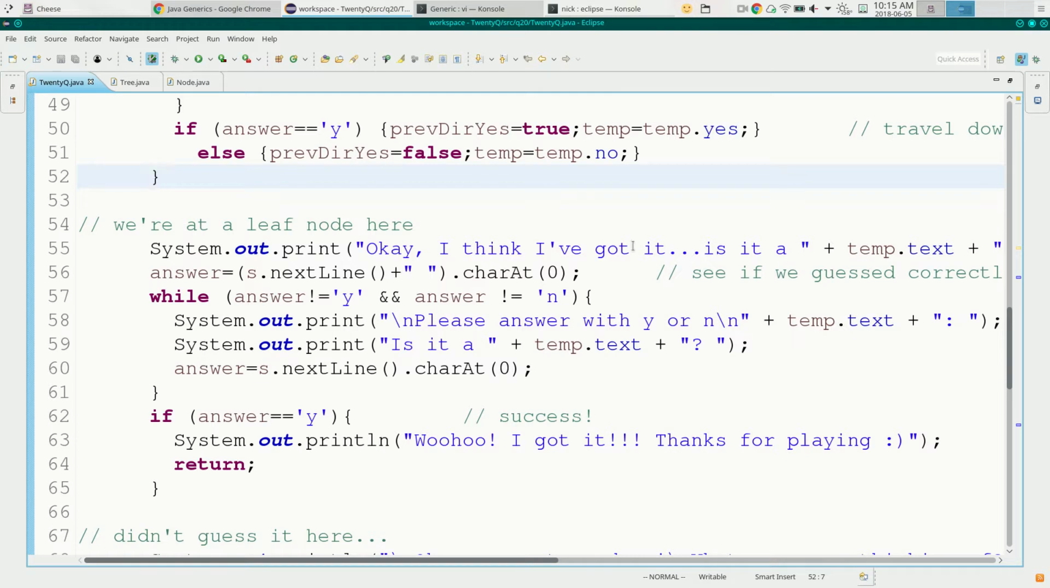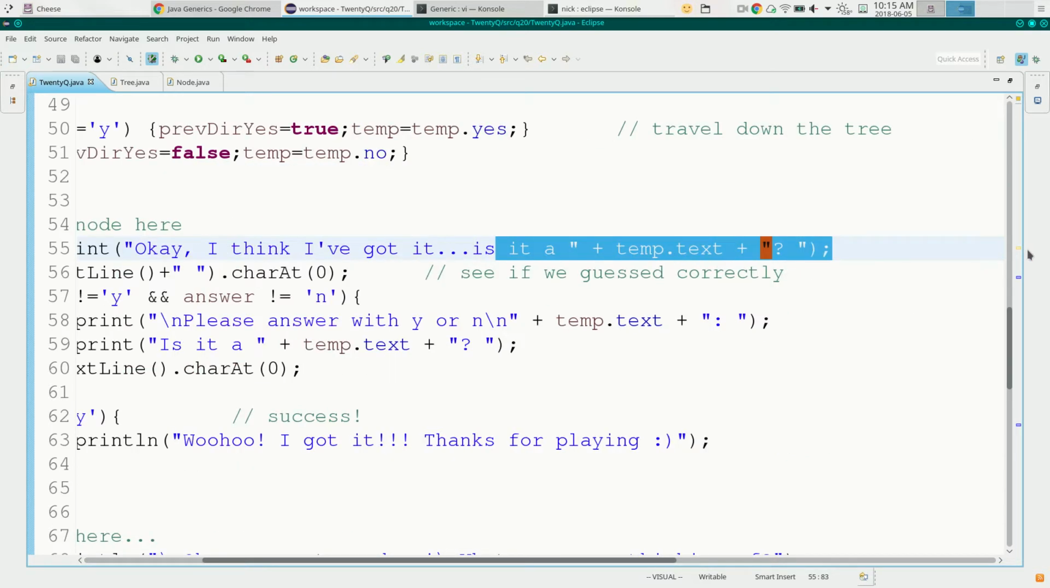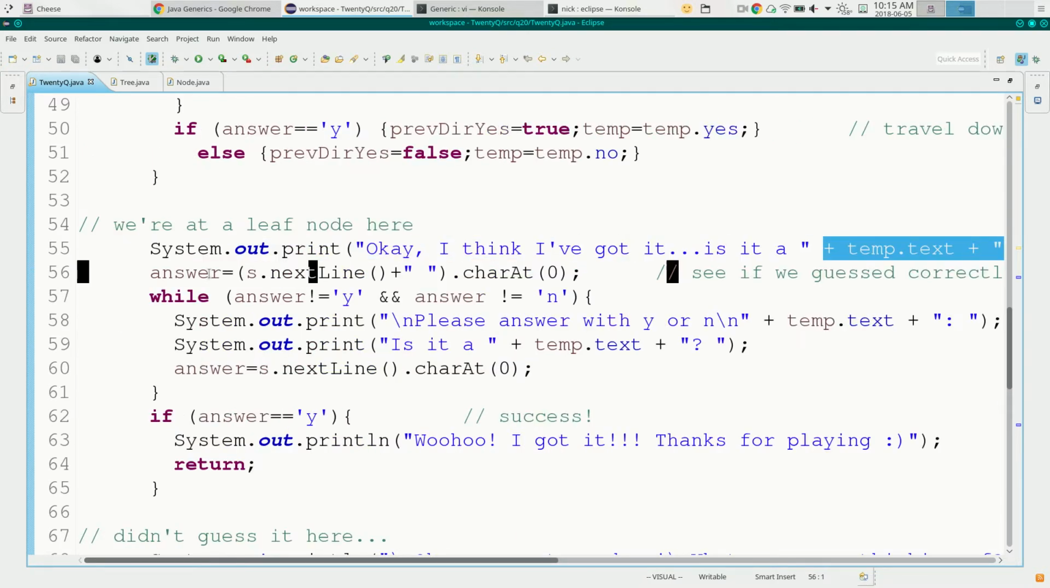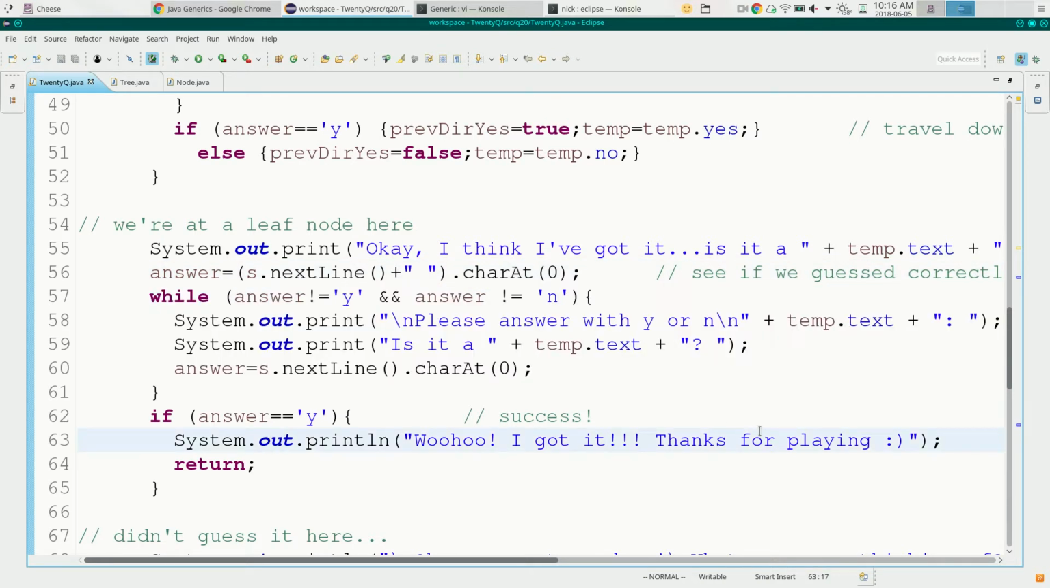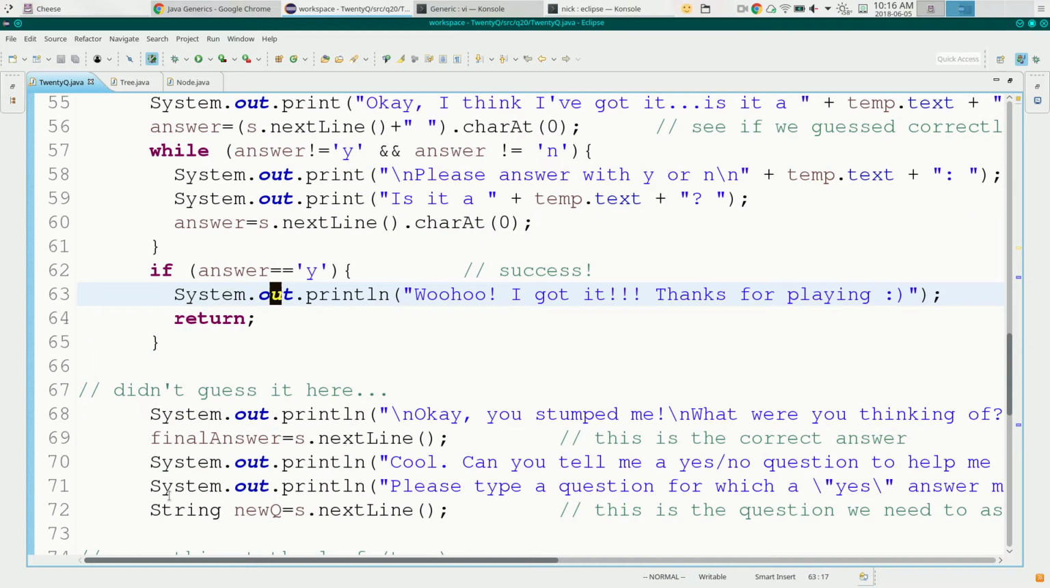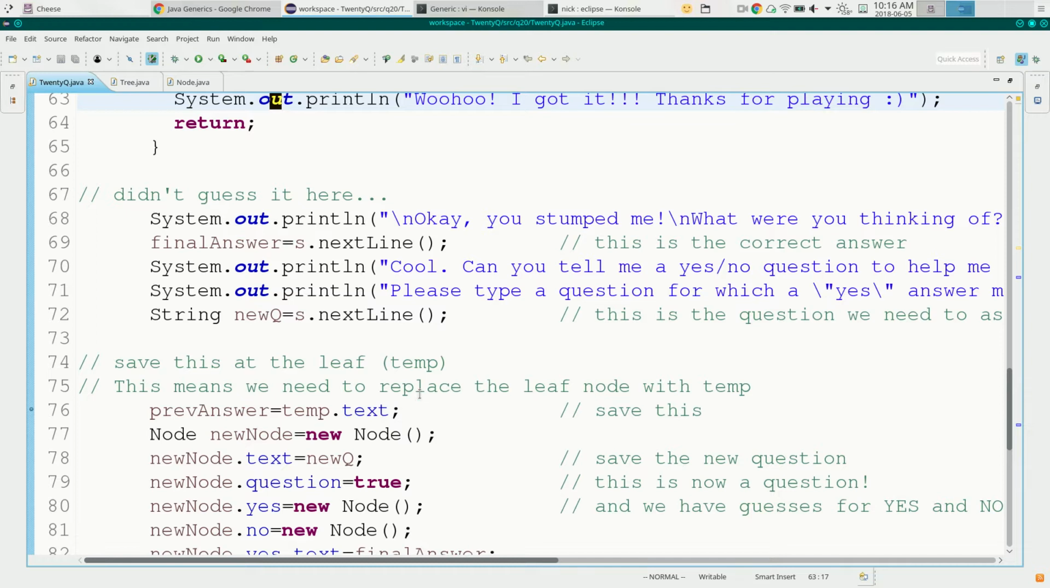And when you're at a leaf, you say, okay, I've got it. Is it A? And you print out the text from that node, which is going to be an answer. And then I get the user's response, and again, I force them to answer either a Y or an N. If they say Y, then I got it, thanks for playing, and I return. That's the end of the decision tree playing. Otherwise,